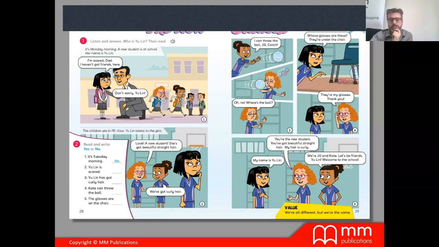So you can ask your students to act out this story, or to imagine that they are Yulin, the father of Yulin, or the classmates or the teacher, and describe this story from their point of view. Okay, just an example for young learners.